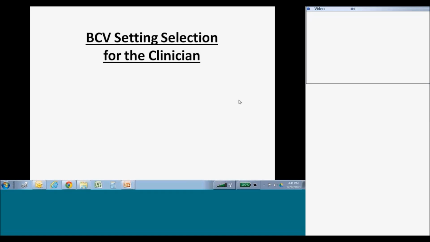Until you're comfortable with the setting selection process, you can refer to the clinical specialist for your area to get that done and help you with that, or the patient will come to you with settings already prescribed from the hospital or the clinic, and you're just going to be validating that the settings work for the patient. So, talking about setting selection,